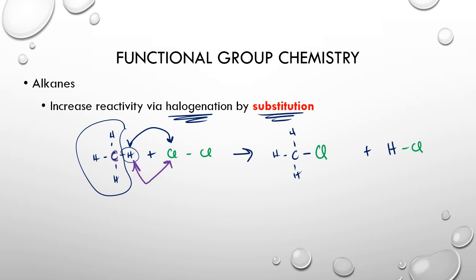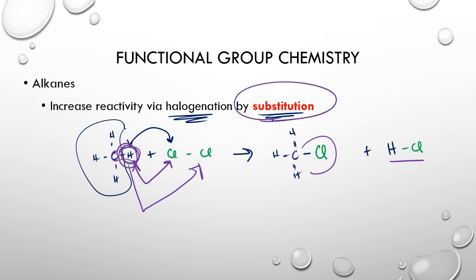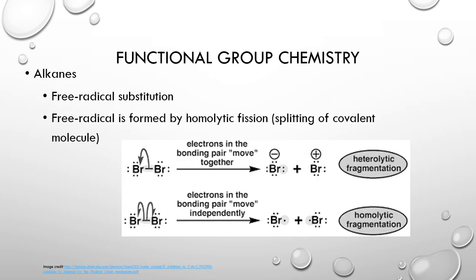So instead of having carbon with 4 hydrogens, we're going to have carbon with 3 hydrogens and a chlorine. We're going to take that hydrogen and plop it onto the other chlorine to make HCl. So this is a substitution reaction because I am literally substituting one atom for another. We're just trading spaces. What's kind of interesting about these substitution reactions is that they don't happen very easily